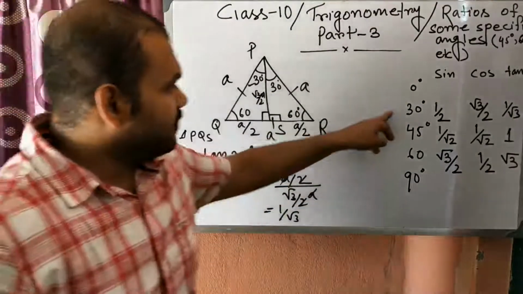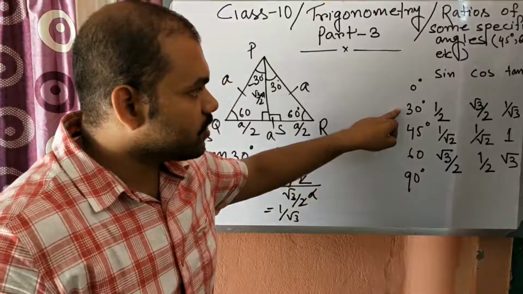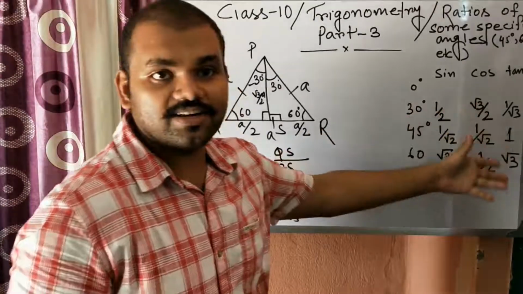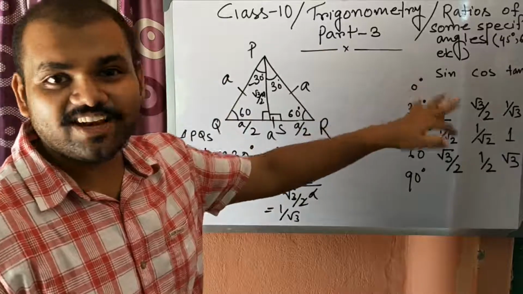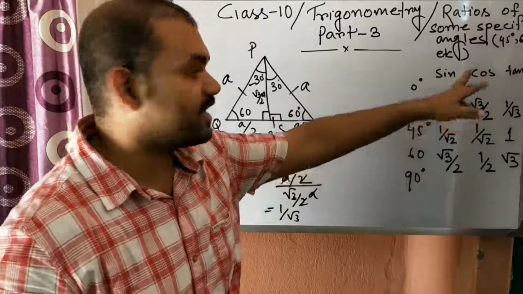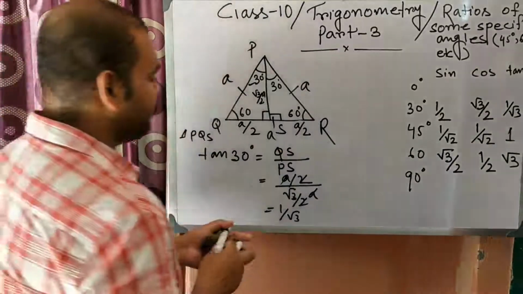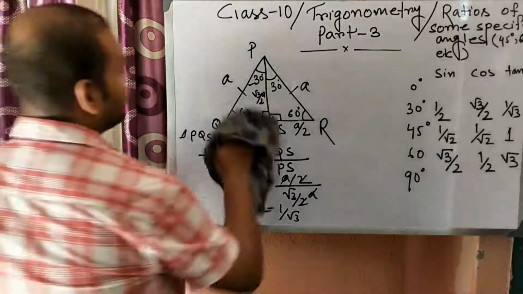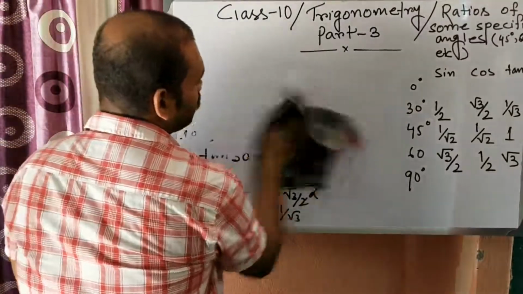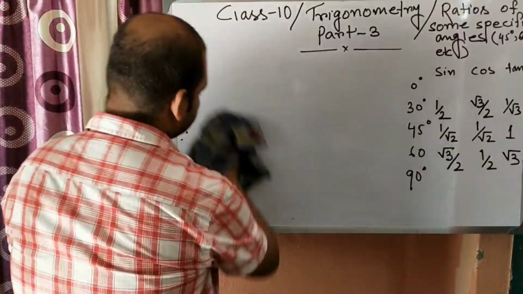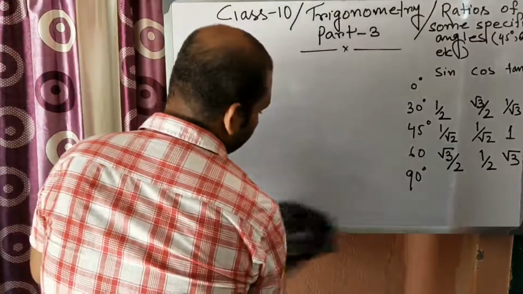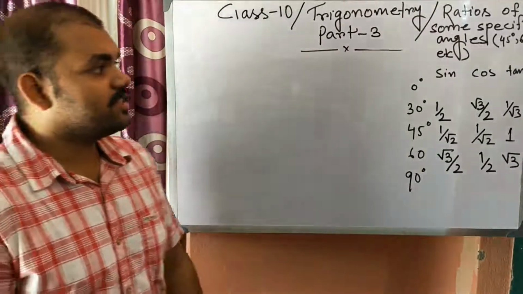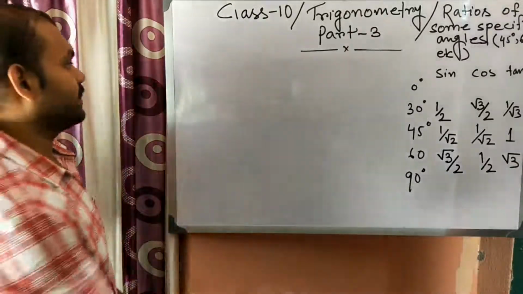So the trigonometric ratios of 30 degree, 45 degree and 60 degree are done. If sine, cos, tan are done, then you can find out cosec, sec and cot, because these are the multiplicative reciprocals of sine, cos and tan respectively. Next, we need to find out the value of sine 0, cos 0 and tan 0. So how to find out the values of these angles?